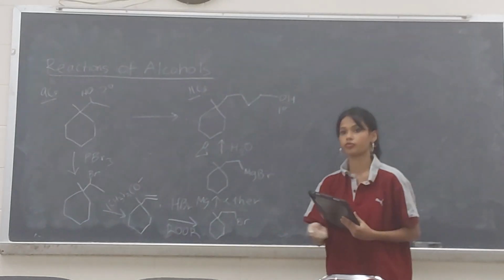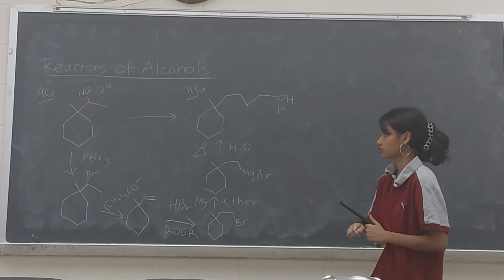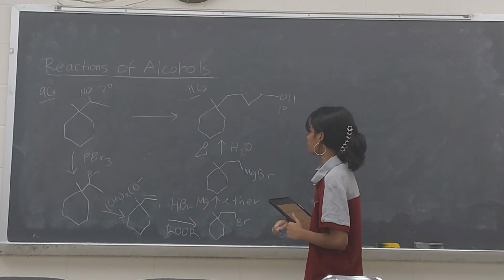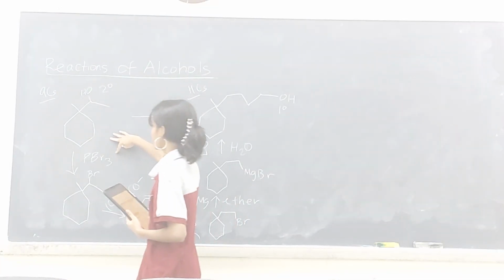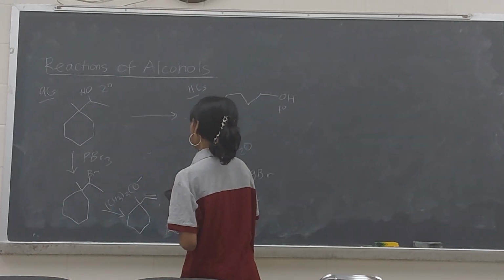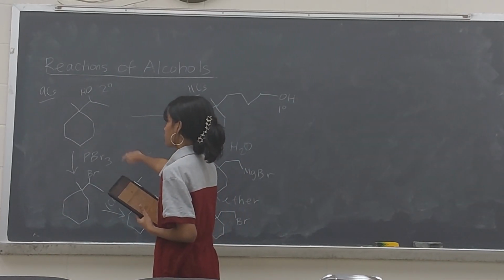I got a question. In case it was, for example, a primary alcohol or a tertiary, how would that change the next step? For this step, if it was primary, it would still work, right? Because PBr3 can work